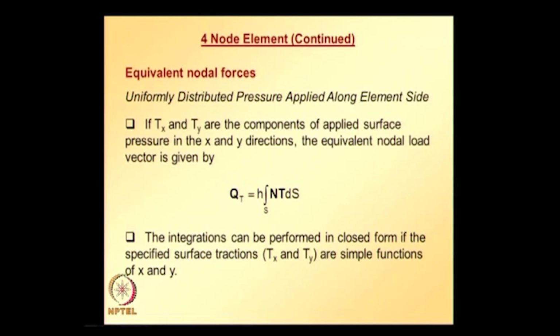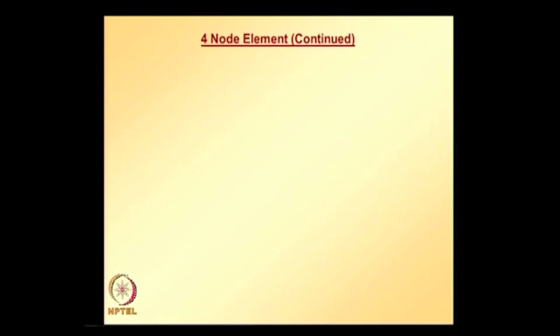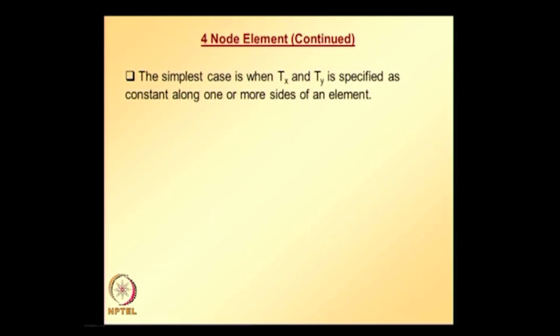And the simplest case that you can have is Tx, Ty being constant or uniform. The simplest case is when Tx, Ty is specified as constant along one or more sides of an element,